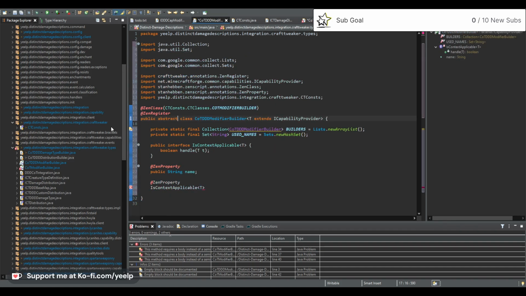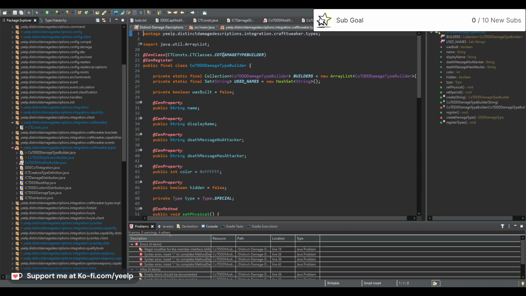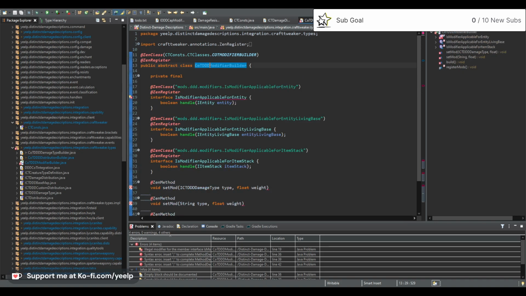Okay, this, get rid of this. This, delete this. I don't need this. Get rid of this. I don't care. You, do this. And even file that. Now, you are, oh, you're just damage type builder. Okay. Good. Illegal modifier, only public credit. Oh, because I think it, yeah, alright,